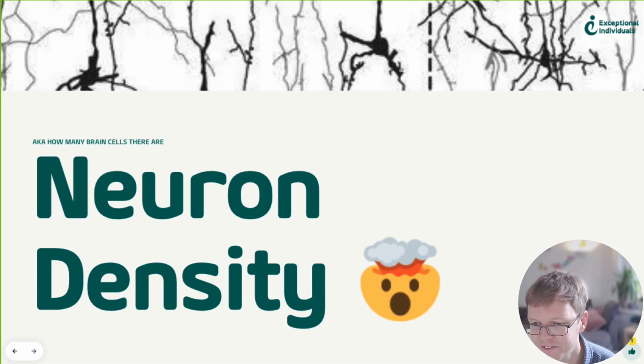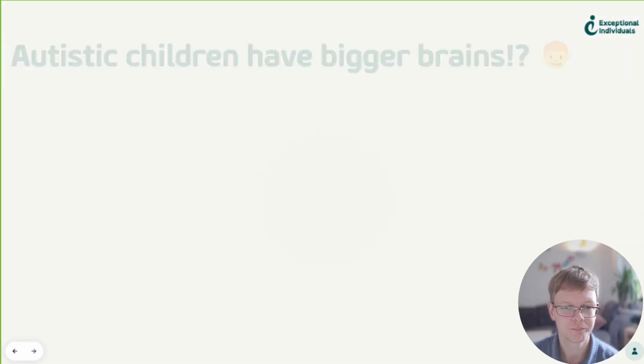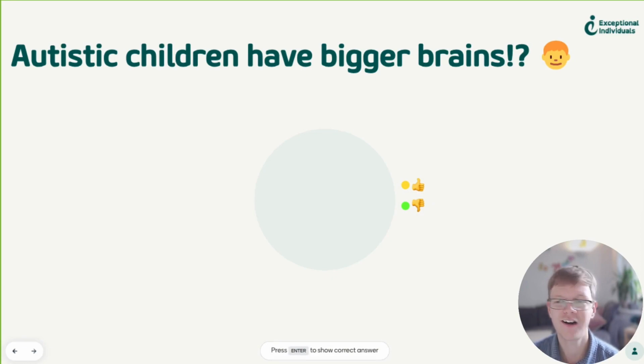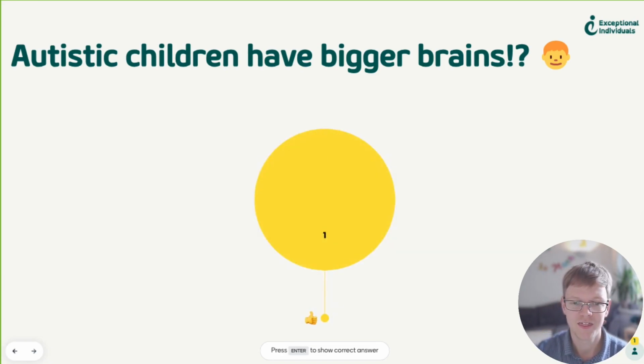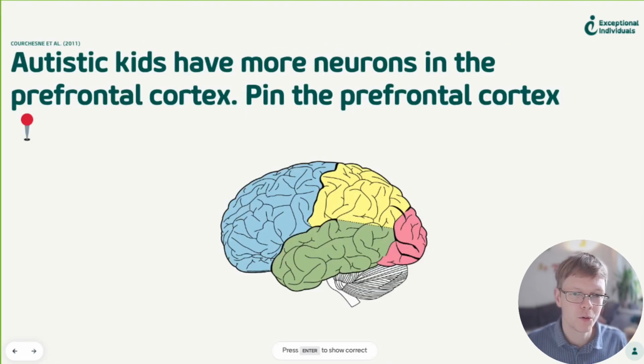Yes, they are harder to filter. Good point. That is something we're going to be looking at. I've already answered this one for you. I knew I was going to ruin a question. Do autistic children have bigger brains? Hopefully you will get this one right. They absolutely do have bigger brains. But do remember, it's not necessarily a positive or a negative. Autistic kids have more neurons in the